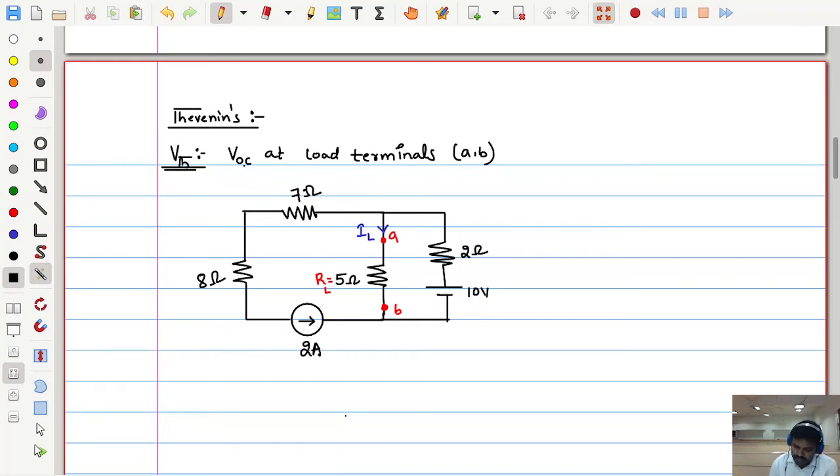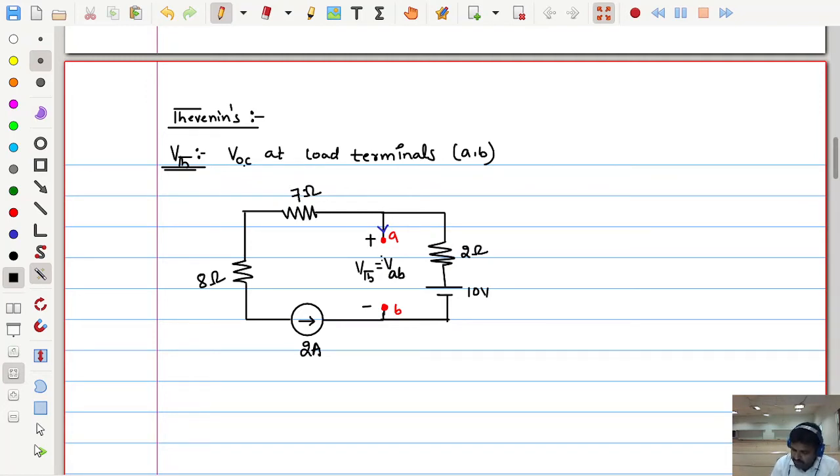So now the first step is that it should be open circuited. That means the load should be removed. So in this step I remove this load. Now see that once the load is removed, only 2 wires are there. The point is not the IL as of now in this step. The point is the voltage between AB terminals, which is equal to Thevenin's voltage.